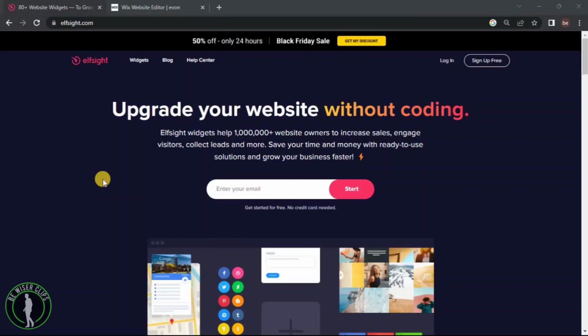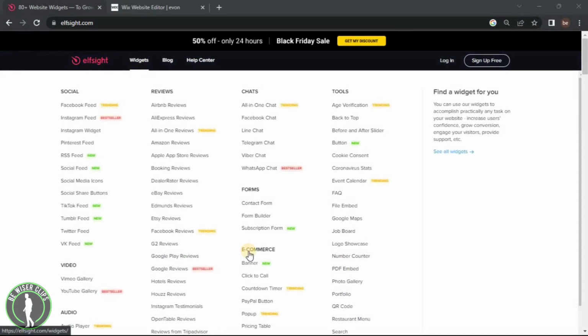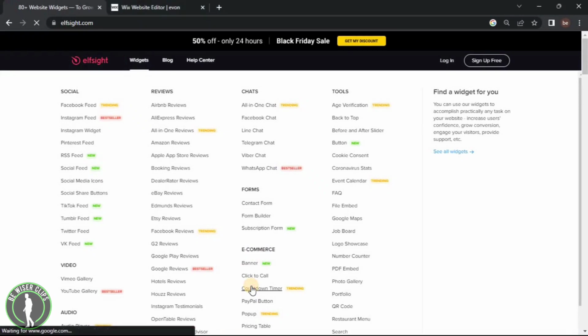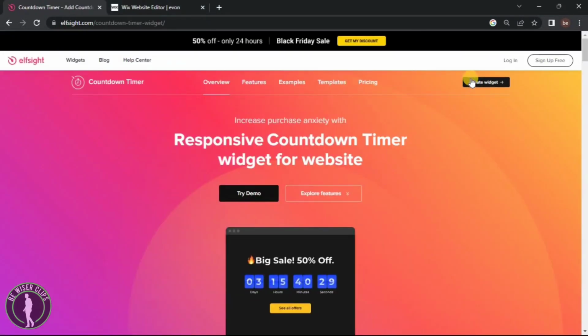So hello guys, in this video we are going to learn how to add a timer to your Wix website. So first of all you have to come on this website called elfsight.com, and after that you go to widget section, and in the e-commerce section go to countdown timer. Click on create widget